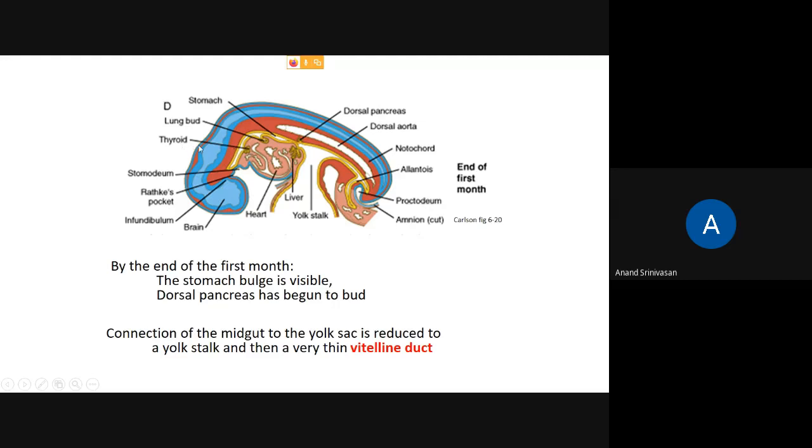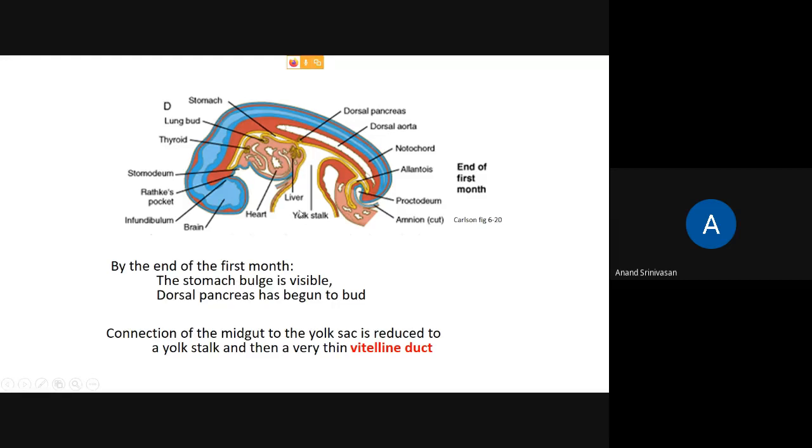the development of the thyroid, the lung bud, and there is a small dilatation which forms the future stomach. At the end of the stomach, which is the duodenum, there will be small buds which arise for the pancreas as well as for the liver, and the hindgut. And here you can see the oropharyngeal membrane,